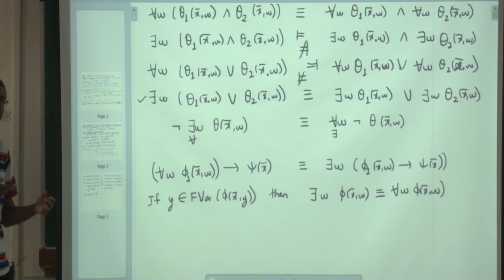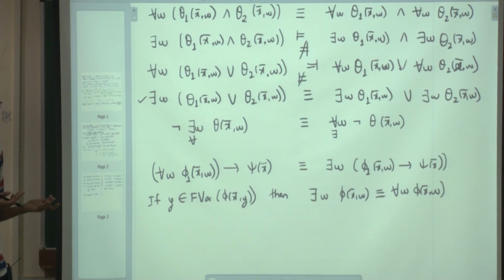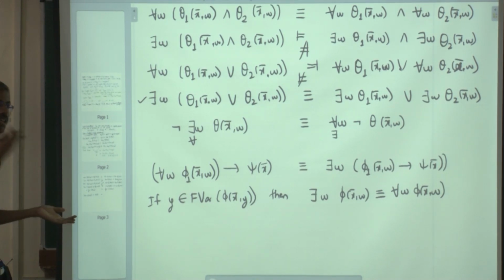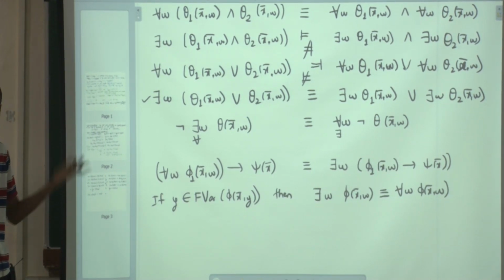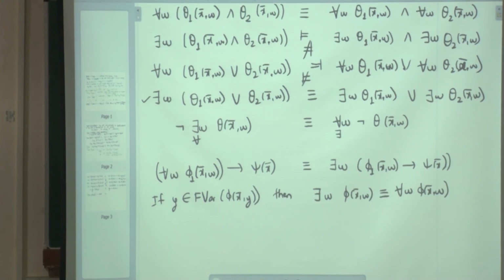W, I mean y is replacing w, sorry, w is replacing y, but y never occurs. So therefore, whether you take the existential quantifier or the universal quantifier, it doesn't matter. For example, for all z, x plus y is equal to 0, and there exists a z such that x plus y is equal to 0. Well, it doesn't depend, so they are equivalent anyway. Okay? So this is the point.